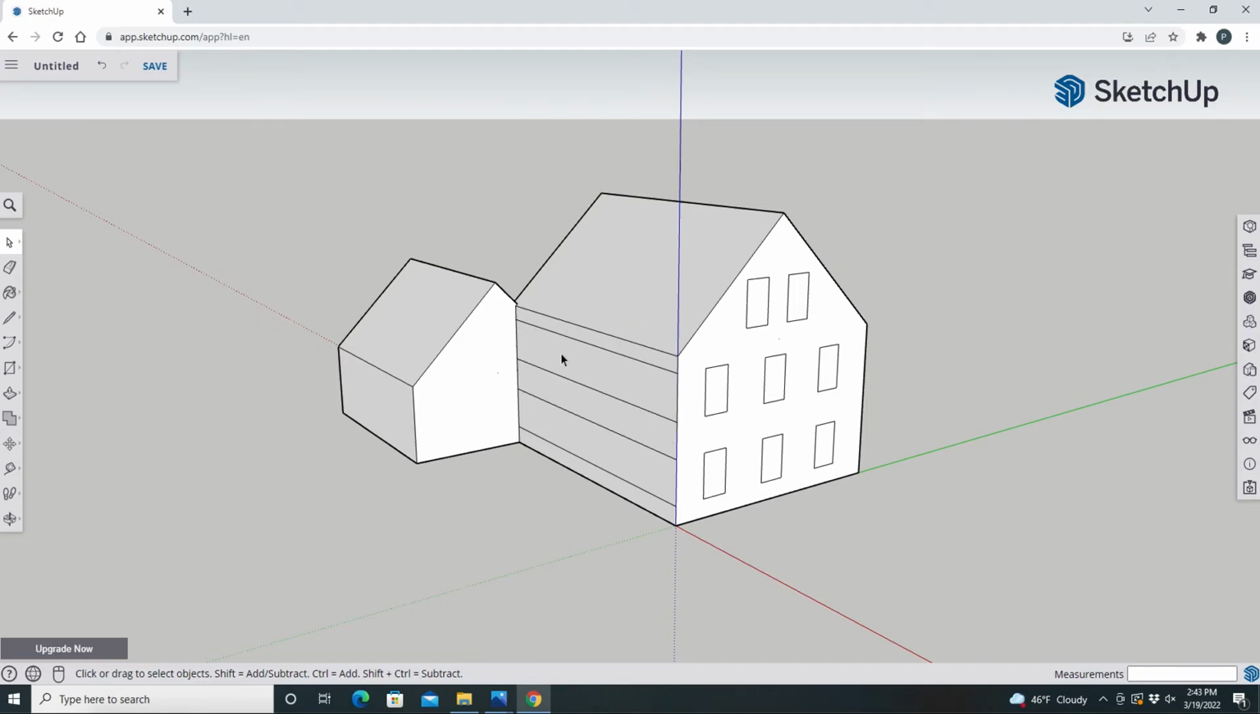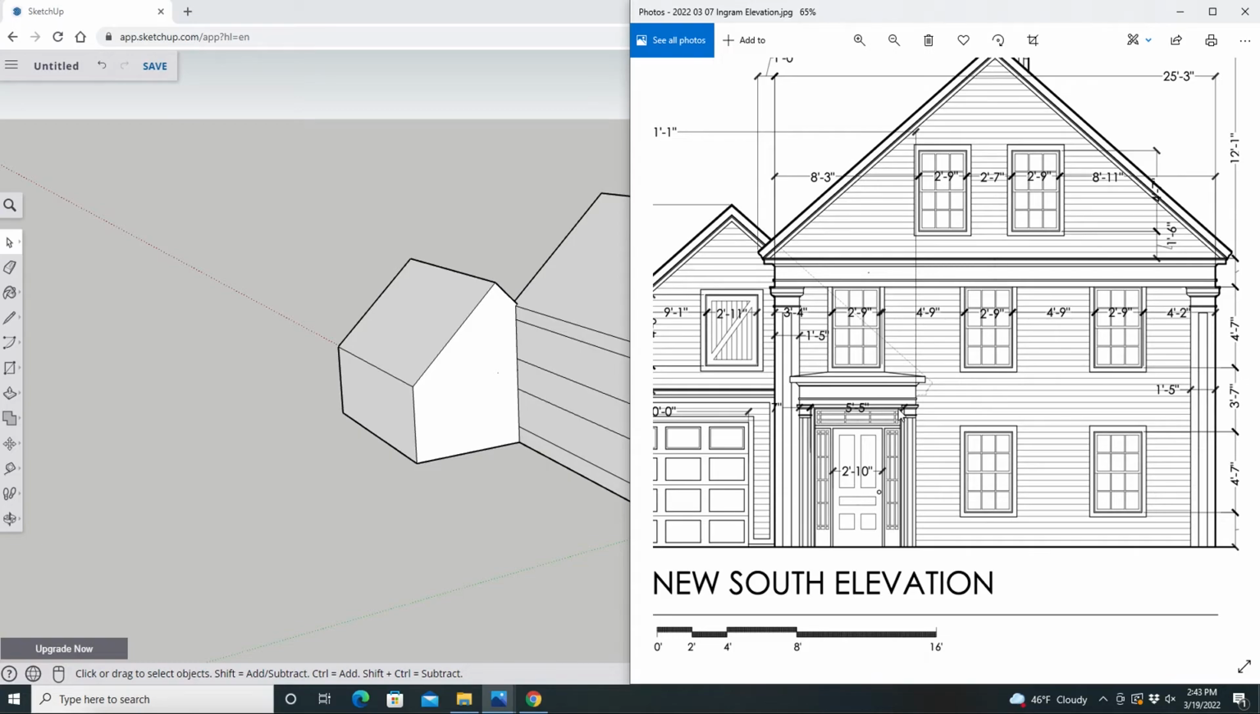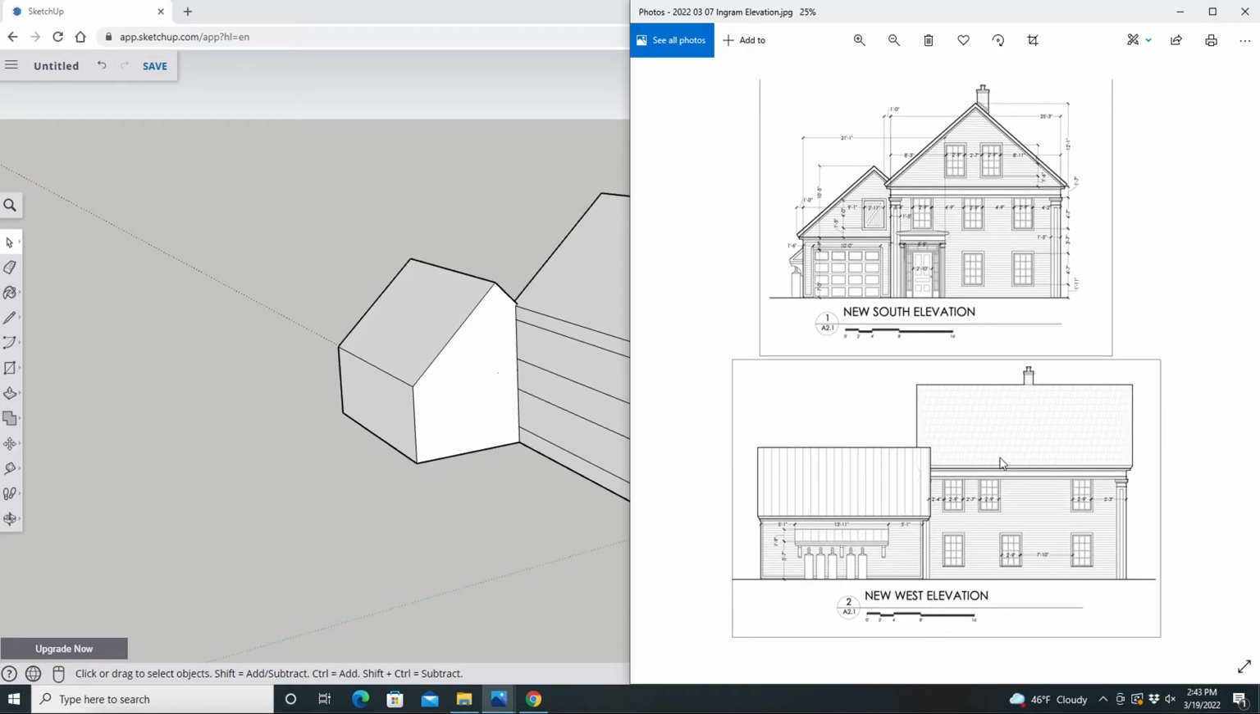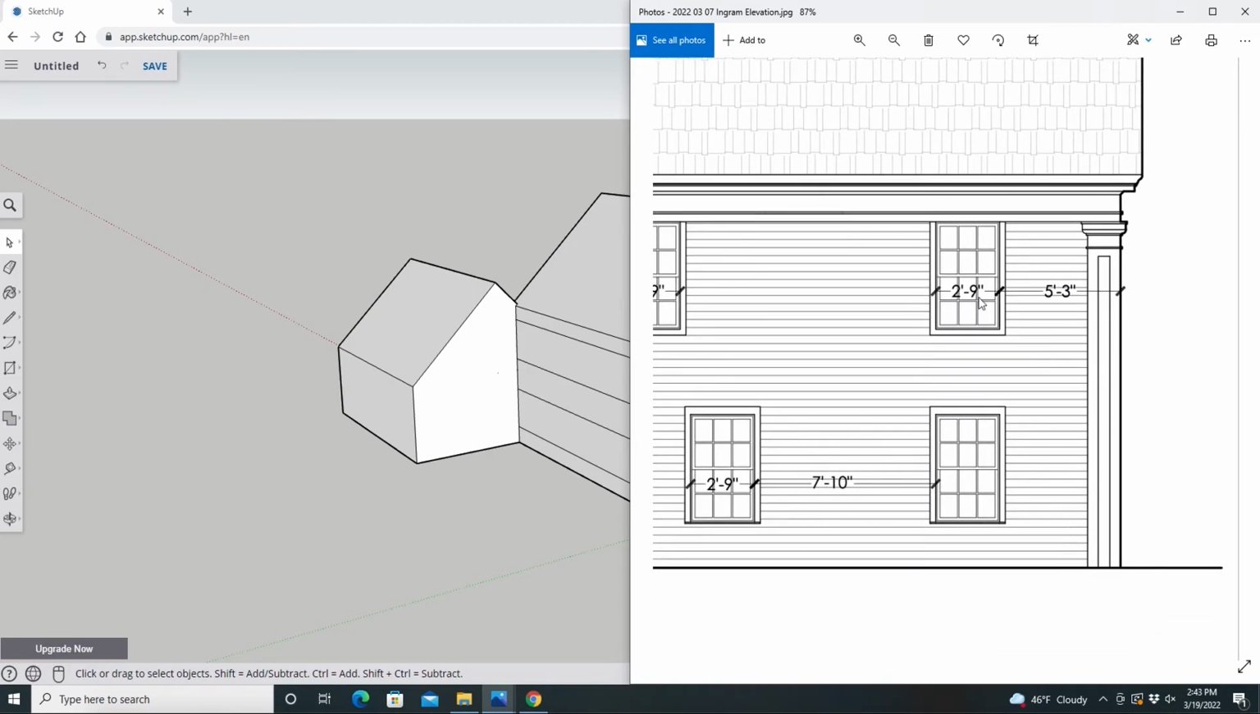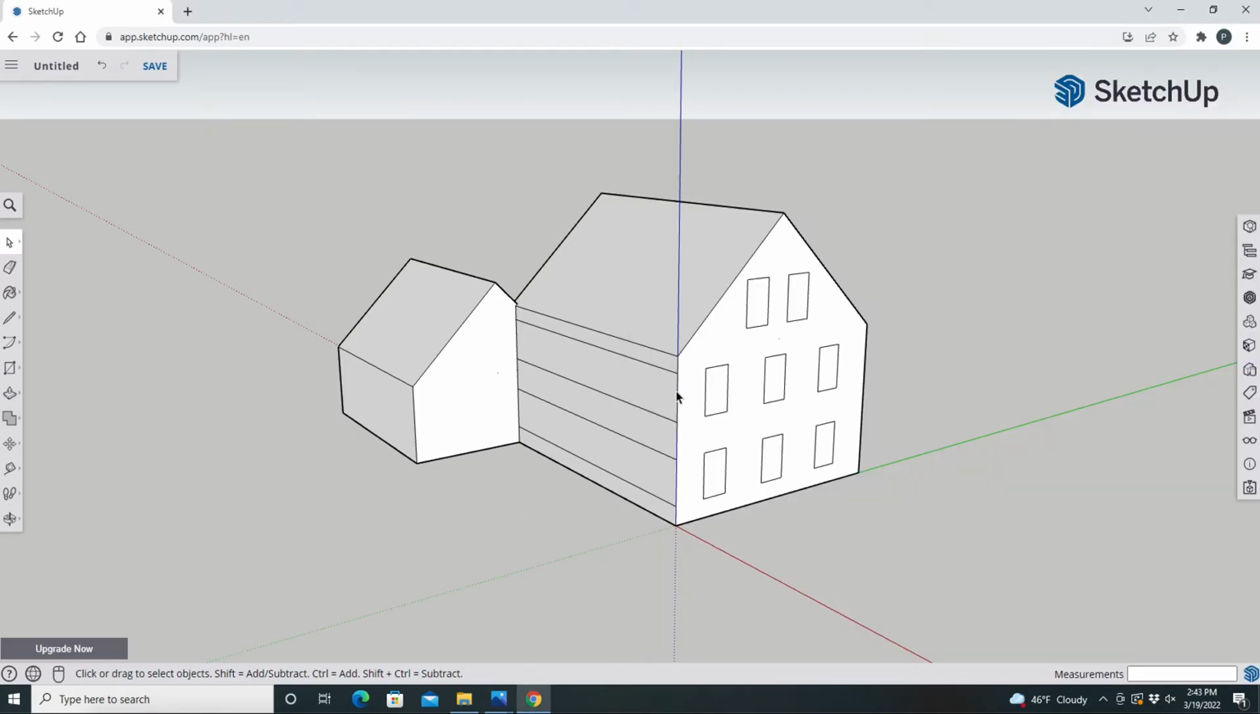And now I'm going to start working on the windows on the other side of the building. If we go back to our elevation, we can see we've got two windows that are 5'3" off the front of the building. Well, let's find those. I'm going to highlight the lines of the windows, and copy them by using the move command. 5'3",